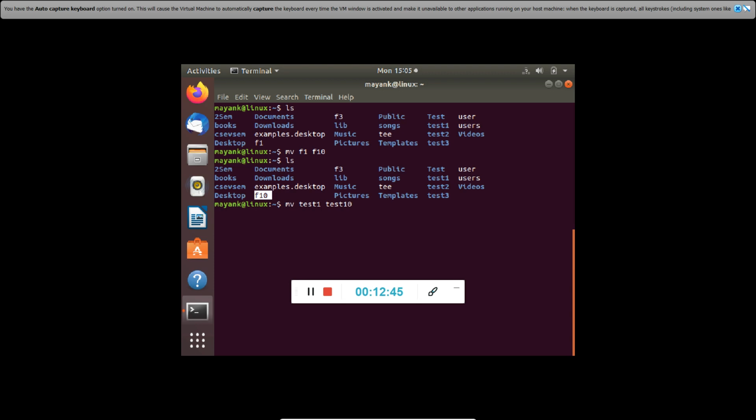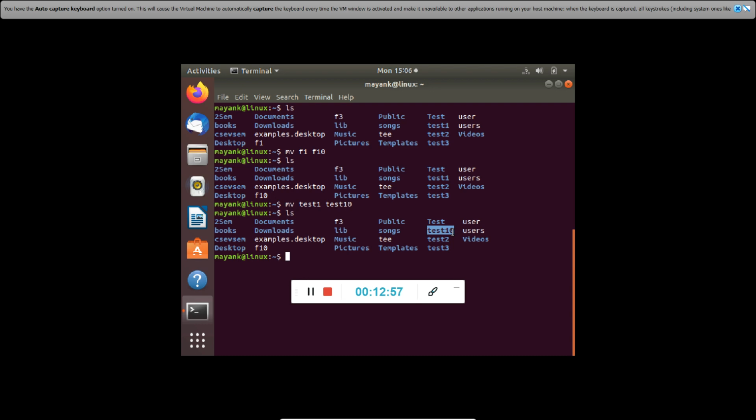It will just change the name of test1 to test10. If I see it, no test1 occurs over here, only test10 is there. So it is moving or renaming the file from one place to another place, or at the same place it is just renaming it. Now if I want to move it to a particular directory, how to do it?